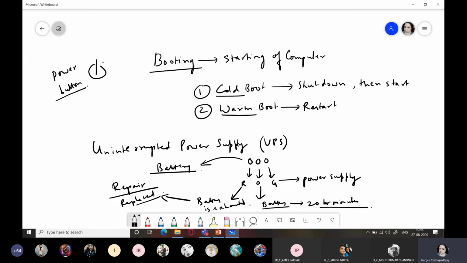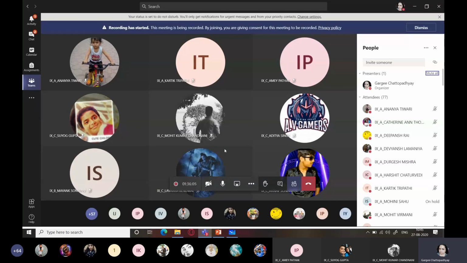So we have a power button on the CPU, which when you click, it will switch on your computer. And if you click it again, nowadays all the modern CPUs, when you press this power button, will follow the proper shutdown. But earlier it was not so. You click on the power button and it would abruptly shut down your computer. But these days, the power button also follows the complete shutdown procedure. So always follow this, and you also have a small restart button, which is used in case your system hangs or freezes.